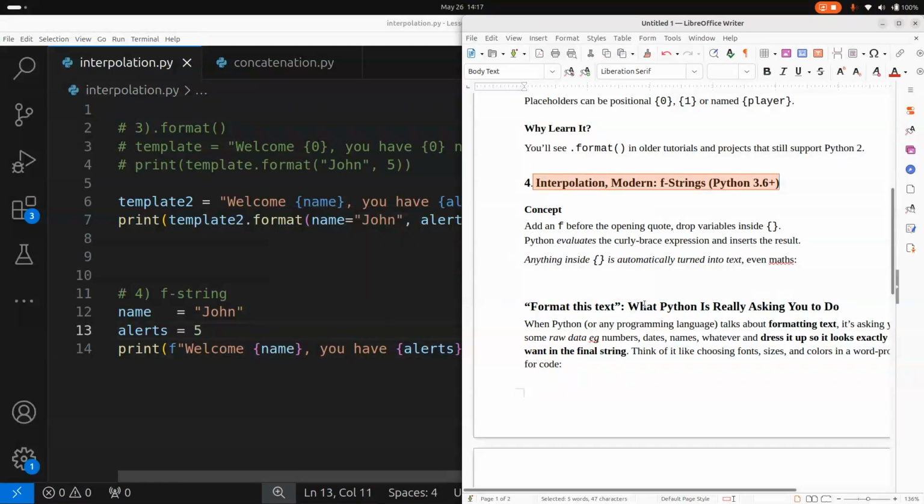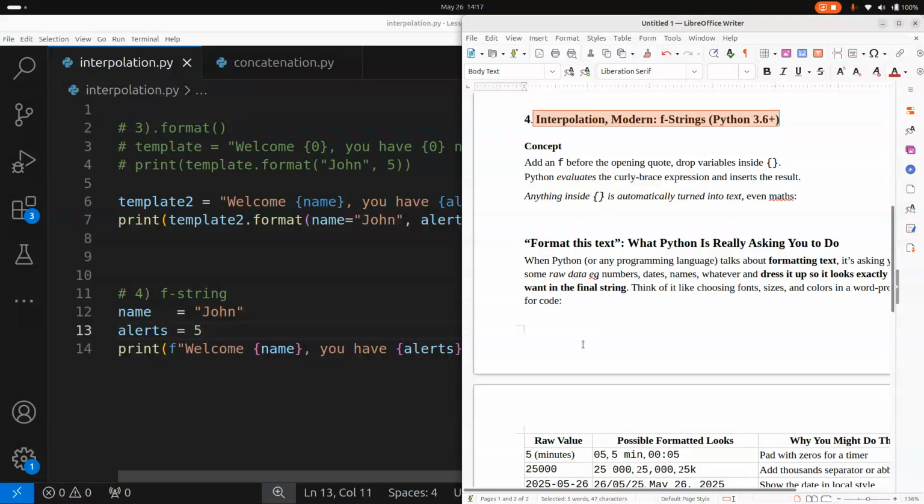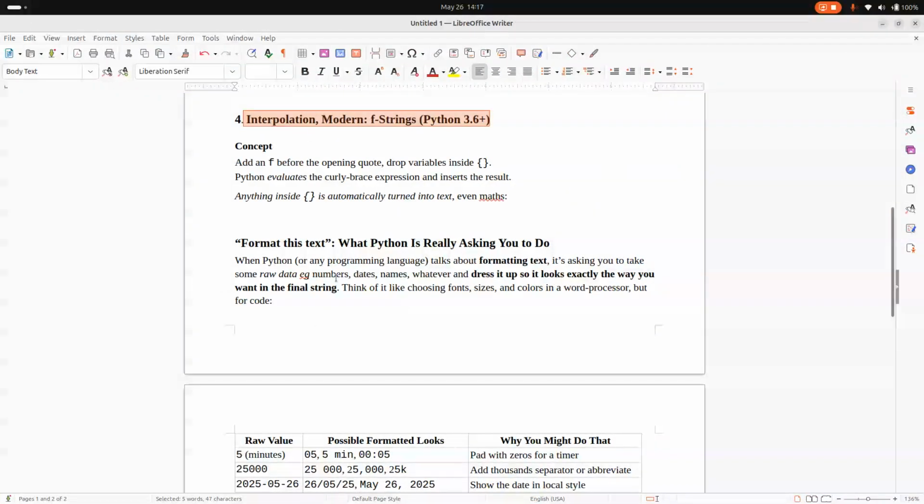To format something, let me give you what Python is talking about. Let me just make this bigger. Format, what Python is really talking about here. When Python or any programming language talks about formatting text, it's asking you to take some raw data, e.g., numbers, dates, names, whatever, and change them into a string that somebody can read and understand better, and it can be changing the font, the size, the color. That's what it means to format something. For example,